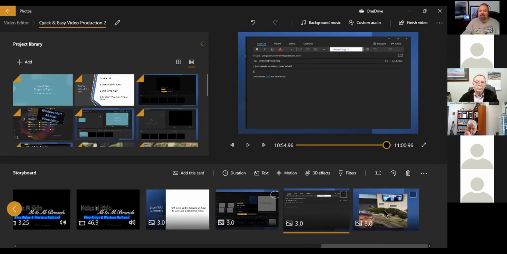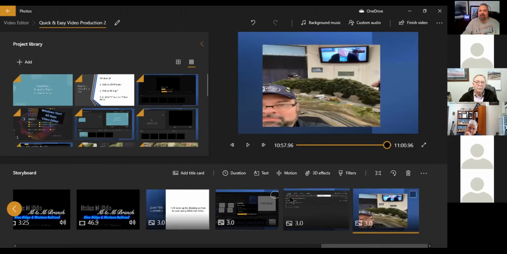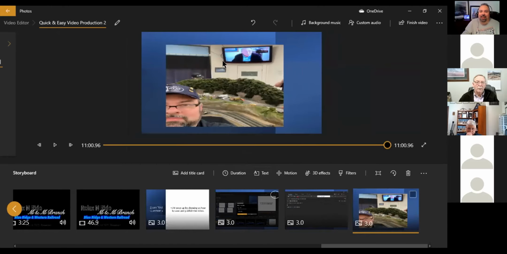In fact, I did wrap up with one last photo here. Razor, you probably see yourself on the screen there in the background. If I hit play here, I don't know if that will make that big or not. No, it won't. I took a video and a photo of a ZoomTRAK session months ago when I was in the layout room, and we actually use a camera connected to a cord that goes to our big TV so that our members can watch the ZoomTRAK live while it's happening. And I thought that would be a great segue back to you,